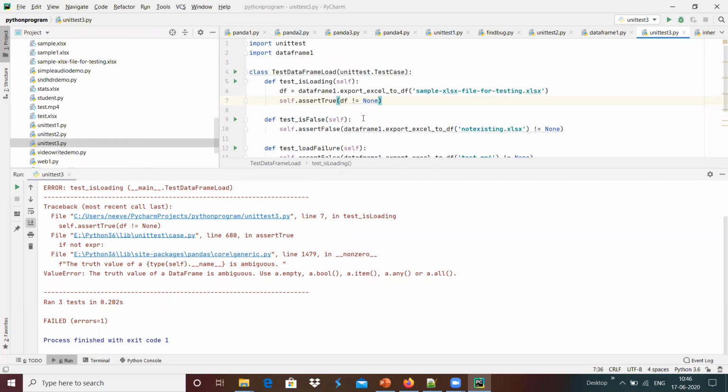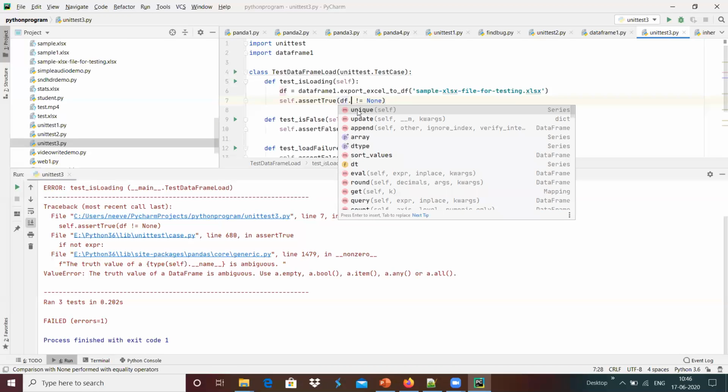Okay, it's not compatible with this one. Maybe the data frame can be checked whether it is empty or it can be a none value over here, and maybe we can do that with the help of the option.